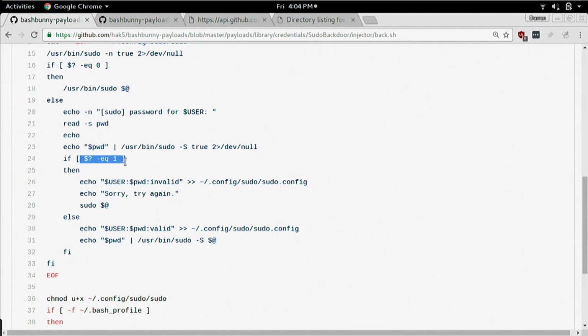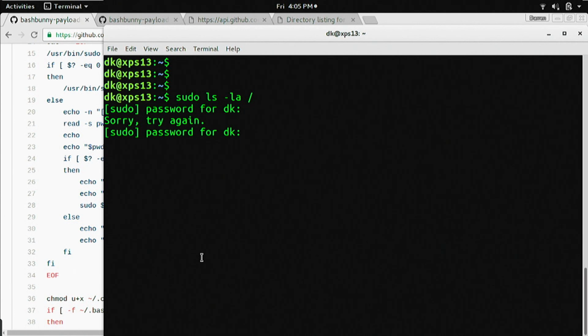And then based on whether or not it exits successfully or not. So this is saying if the exit code equals 1, meaning it was not successful, then it's going to echo the user, their password, and the word invalid over to this config file. And say, sorry, try again. And if it's not equal to 1, meaning it was successful, then it's going to do the same thing and put the word valid there in this config, and then go ahead and actually run it. So now I'll type in my real password,